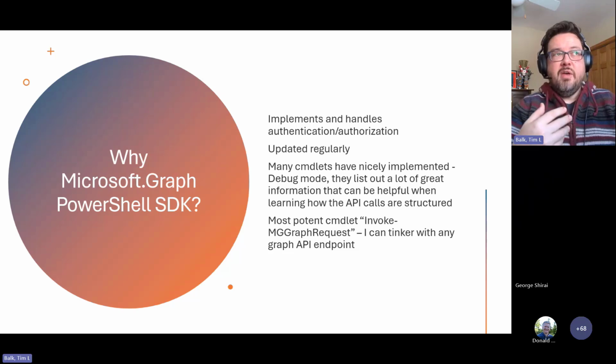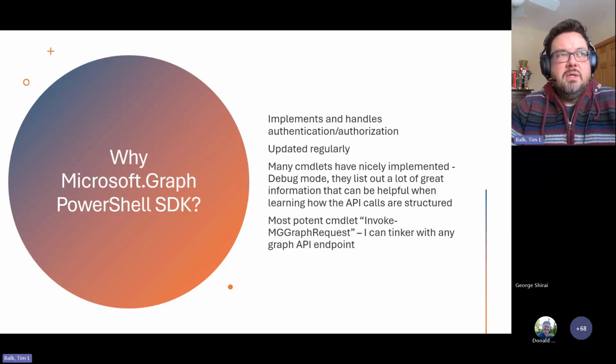I've used a lot of the out of the box commandlets, but with some of the things expanding inside of the Graph API almost constantly,